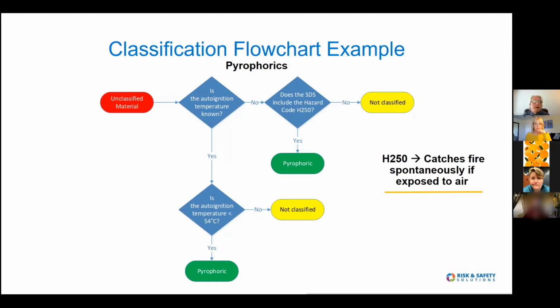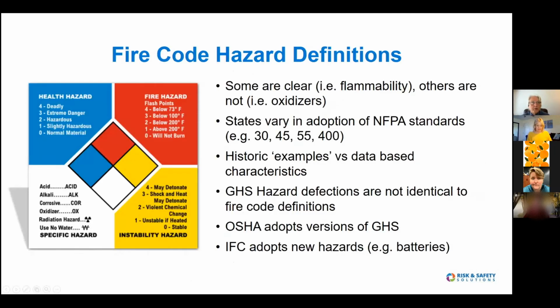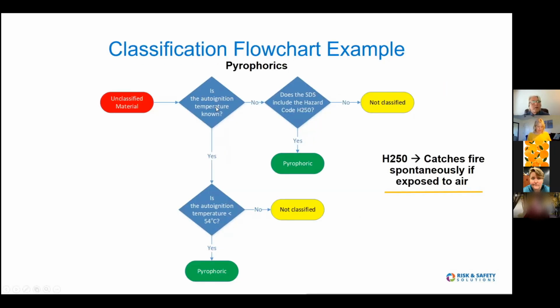And in this example, pyrophorics, the fire code says it's based upon the auto ignition temperature. So if you know the auto ignition temperature, then you can adequately identify in the code whether the material is pyrophoric or not. And in this case, it's less than 54 degrees C. Clearly, in the fire code, it's written in Fahrenheit, but it's the same value. And then if you don't know the auto ignition temperature, which is the most common case for most